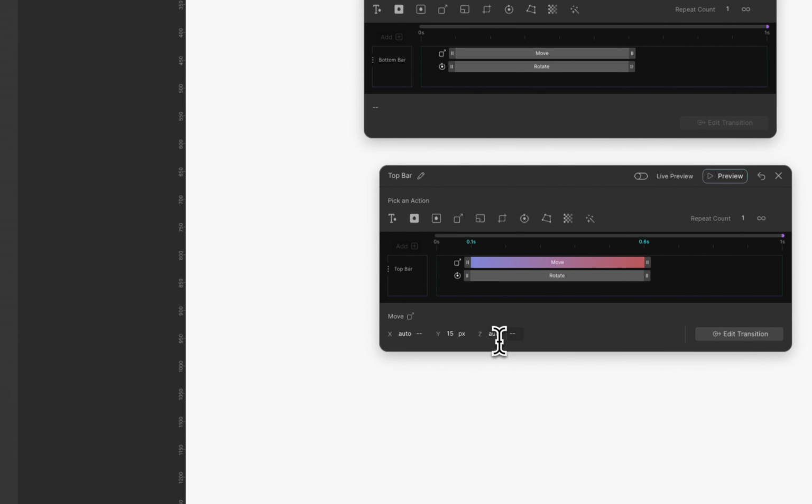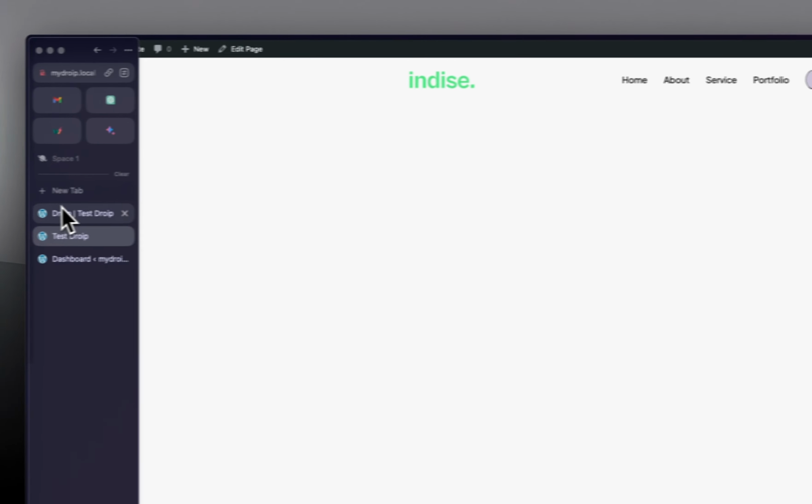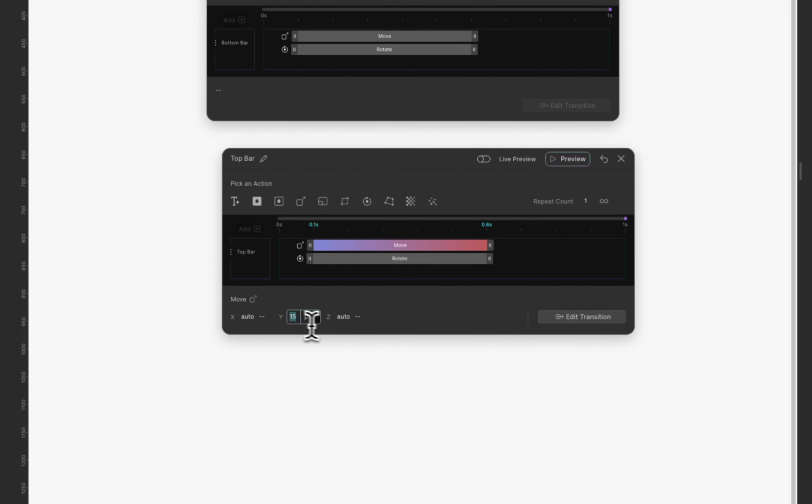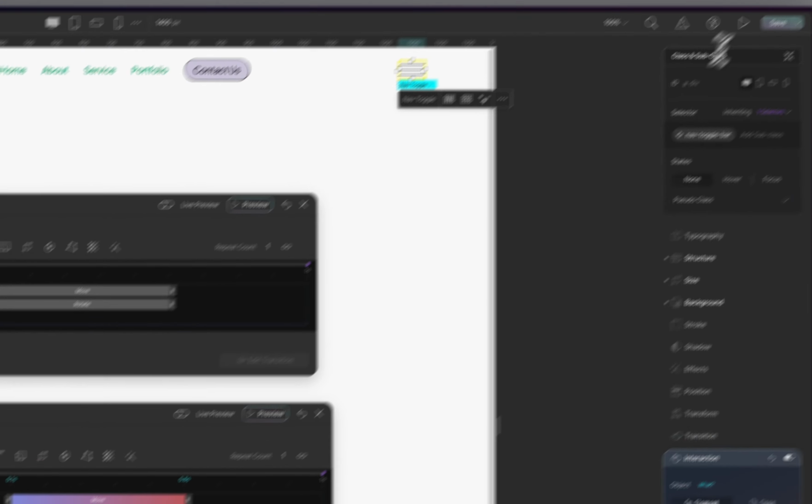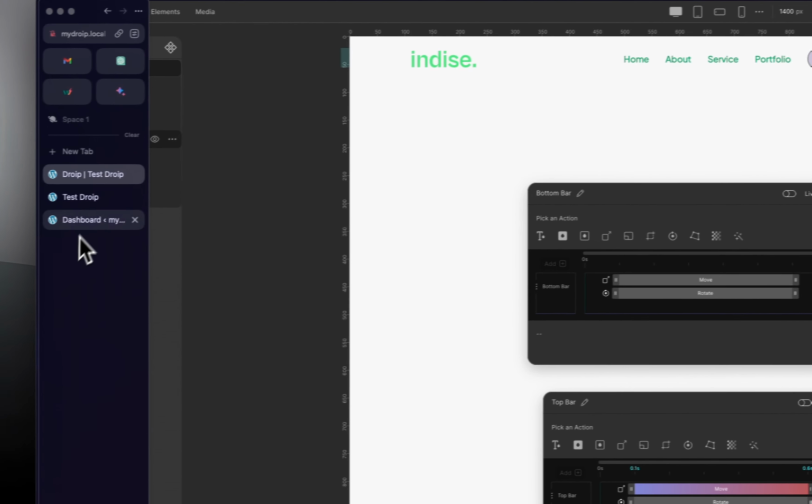So maybe I can do like a 15, and then let's save. This one I'm using my eyes to target where it is. I think I'm going to go down. All right, so let's do 10 pixels, right? 10 pixels, save, front end, refresh.